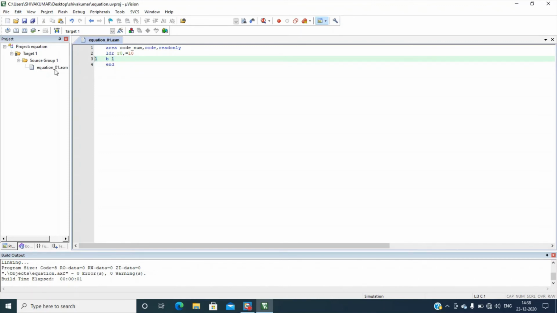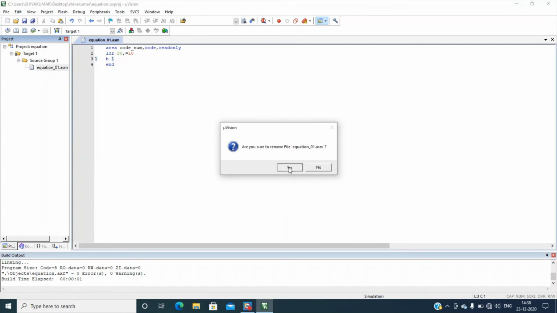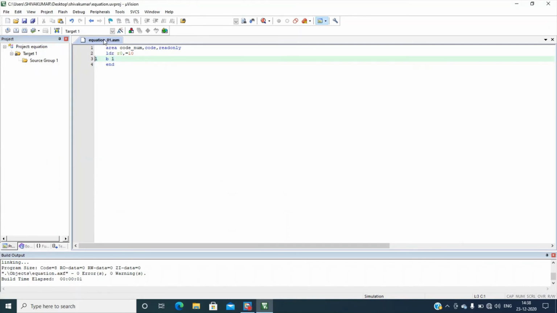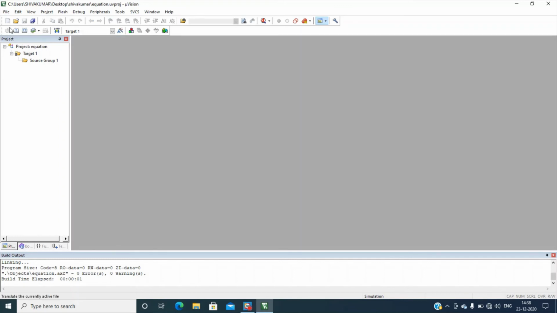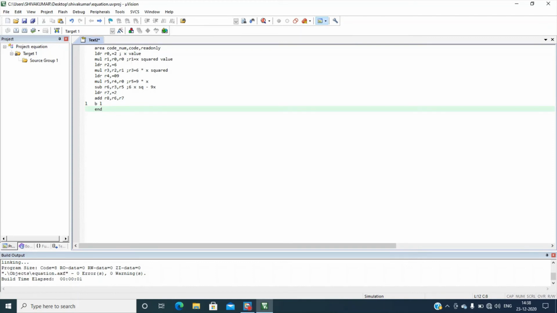Now what I want you to do is remove this file. Close this also. Select new, and you have to type this program.